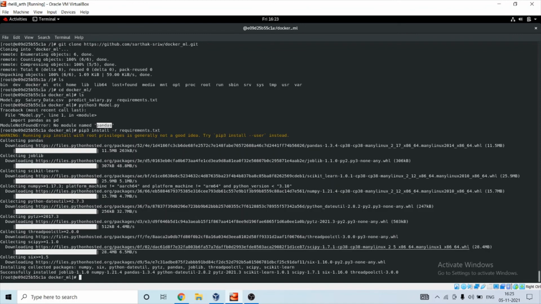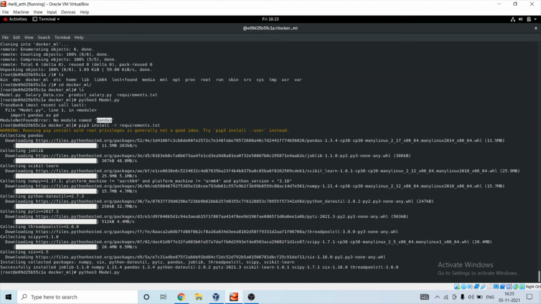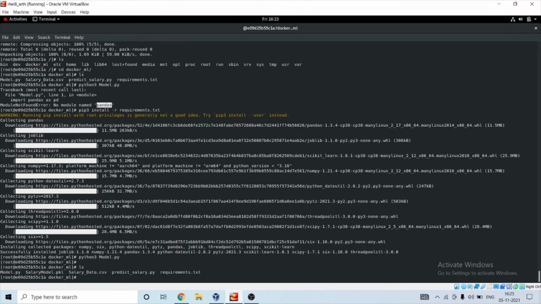So it has downloaded our required dependencies. Now it's time to run our model. So these are the saved weights of my model. Now let's predict